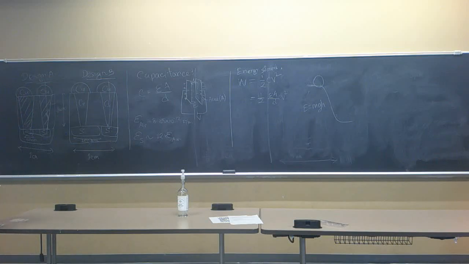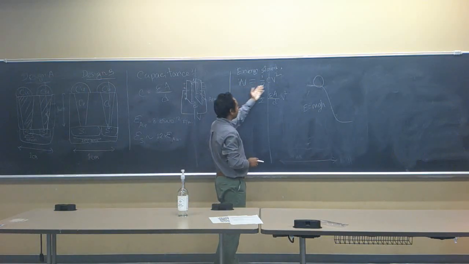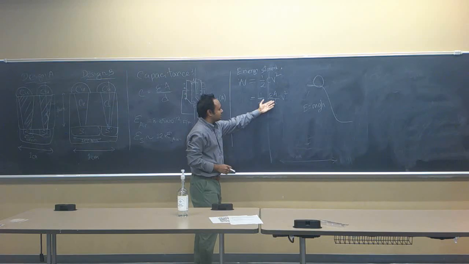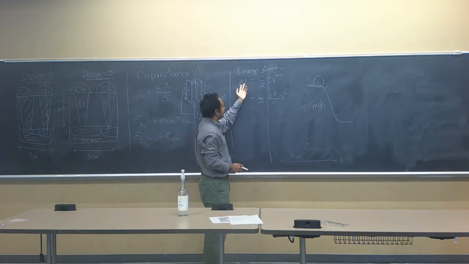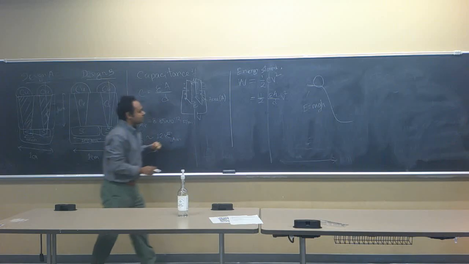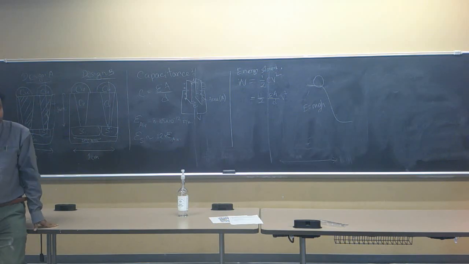But here we learn something new. It says that energy stored in a capacitor is half CV square, and energy is inversely proportional to the distance between copper plates. So in order to reduce the energy, we have to increase the distance. So of course there is a contradiction. It doesn't match with common sense. What is going on here?